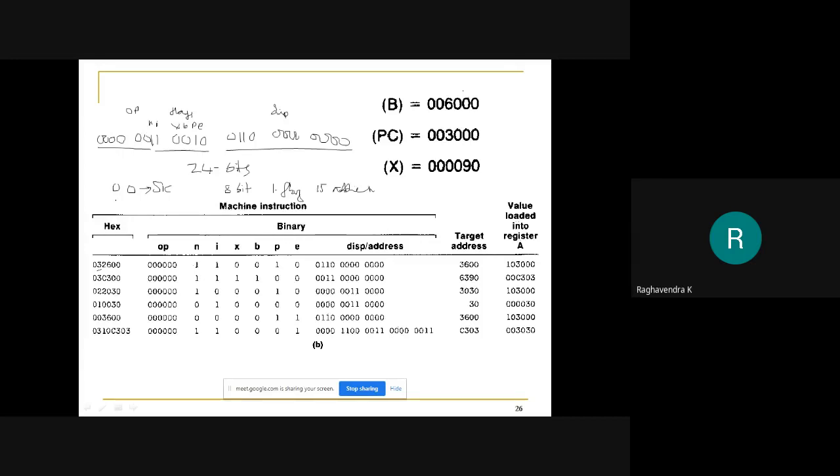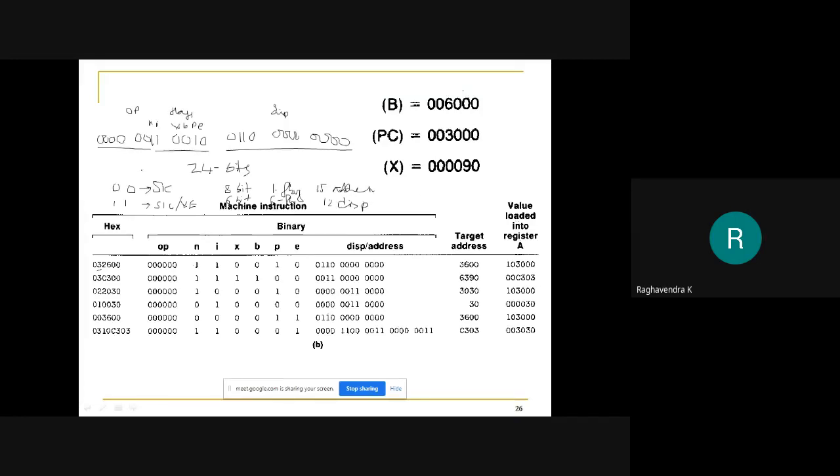Here, because there is a 1 and 1 for both N and I, it means that it is an instruction for SIC/XE, and this is how we interpret it. It will be a 6-bit opcode, 6 flag fields, and whatever is remaining, which is the 12 bits, will be considered the displacement.